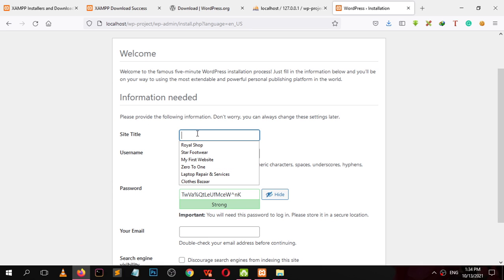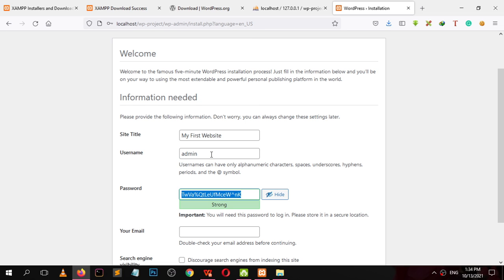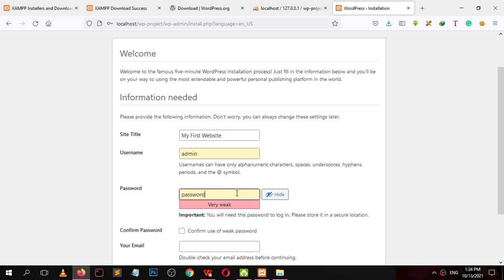Now give your site a title. My first website. Now for username I will put admin and in the password field I will use password.